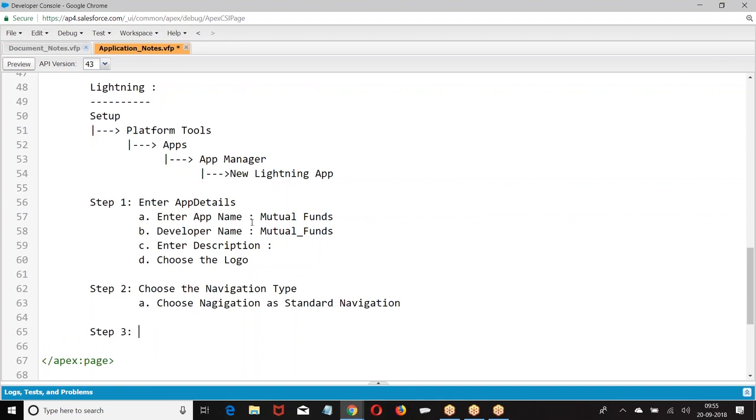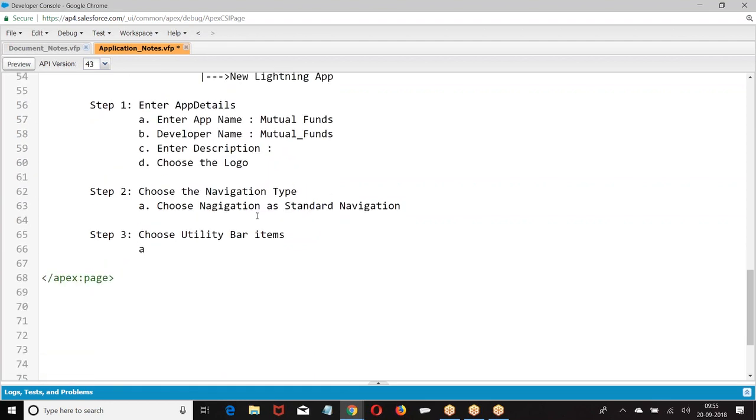Third one, choose utility bar items. Then choose the tabs for the application.